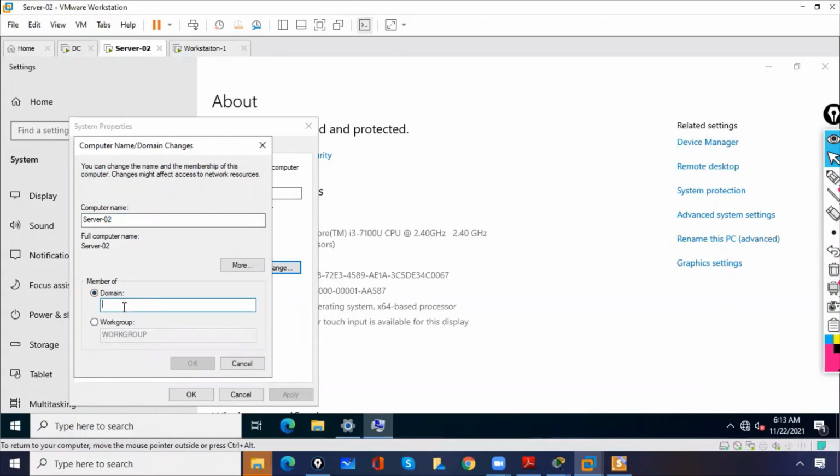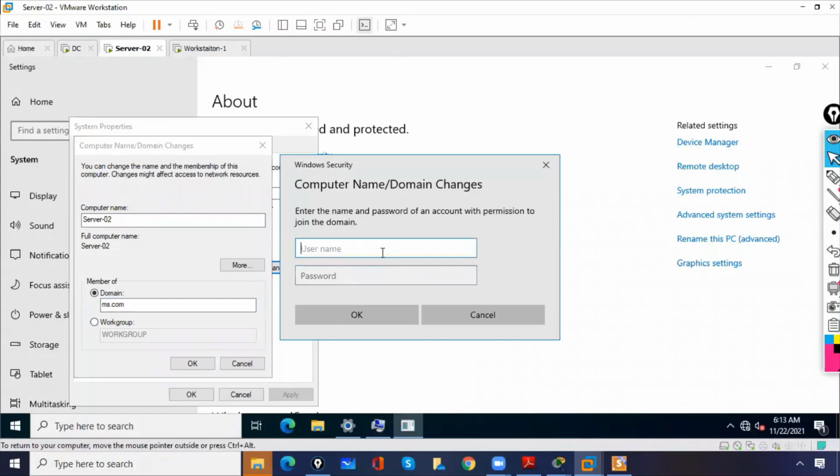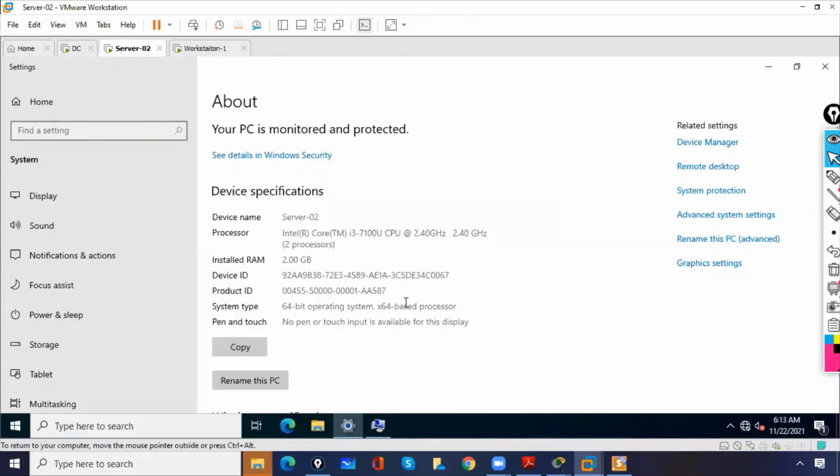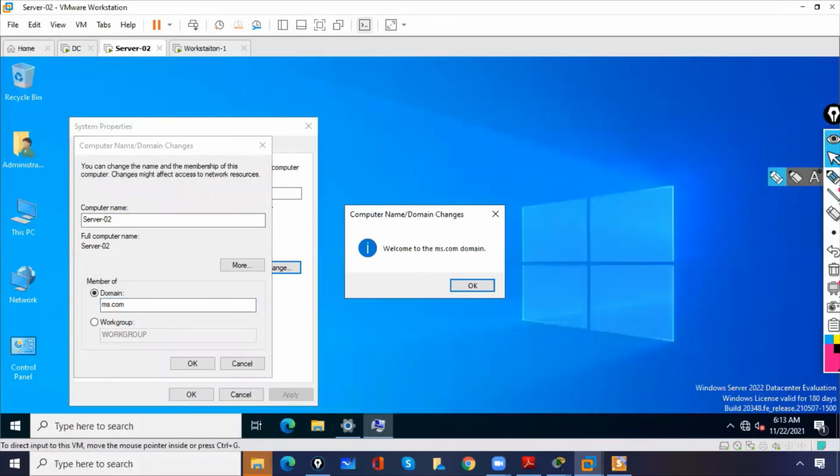Then we'll type the domain name ms.com. Then you will click OK. Then you will type the administrator username and password. administrator@ms.com. Password is mcse123 $. Then we'll click OK. Now it will contact the domain controller, and you can see this computer is